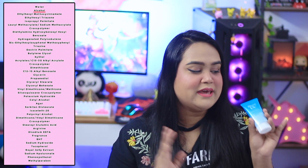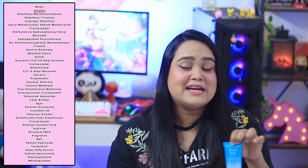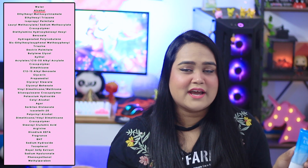Alcohol itself is bad, but in formulation it works as an emulsifier, and it adds to the overall texture. And to make this product how this product is, the amazing watery texture, it needs alcohol in this particular product. However, this product is not drying. I will get into the texture a little bit later, but it does have alcohol and it is the second